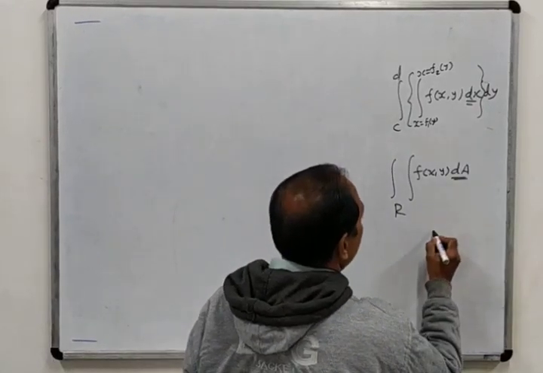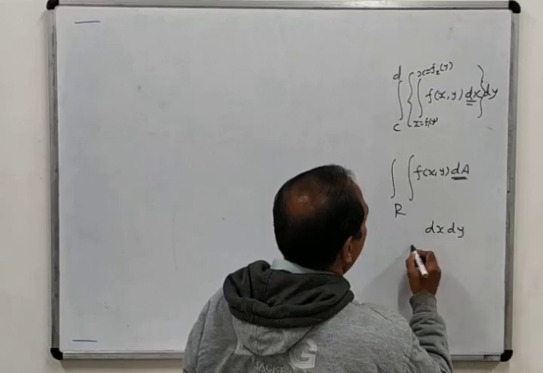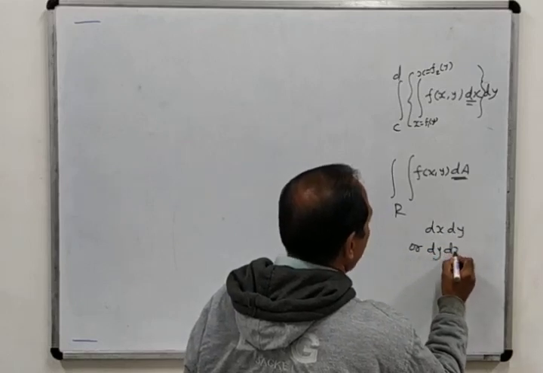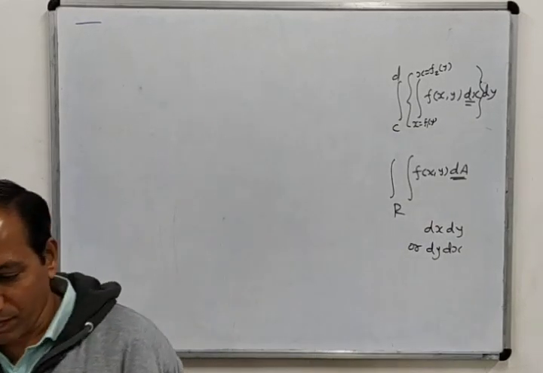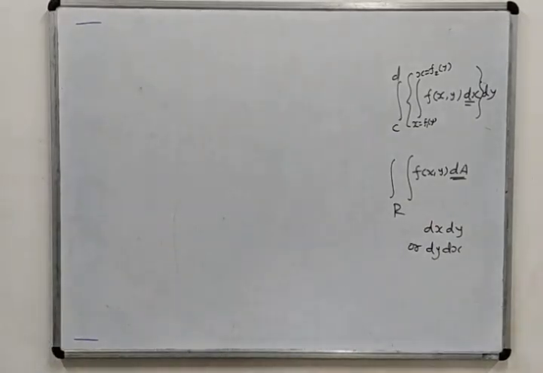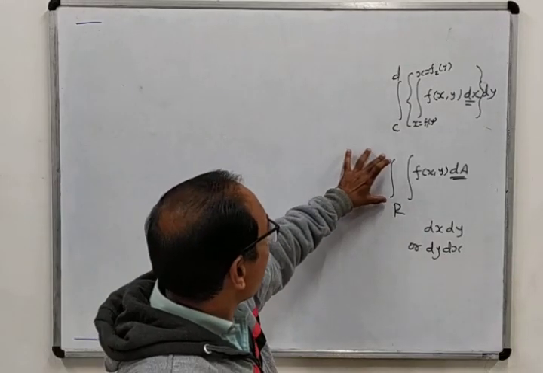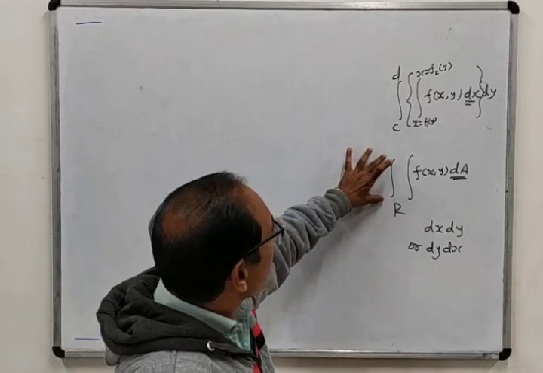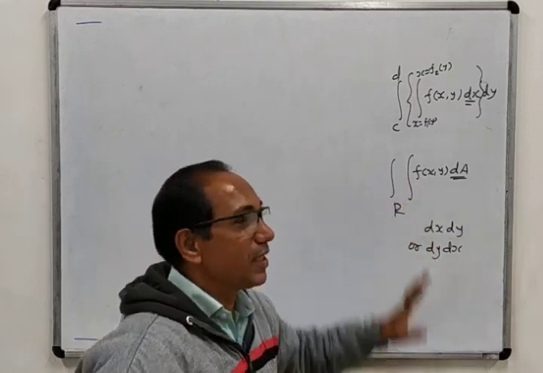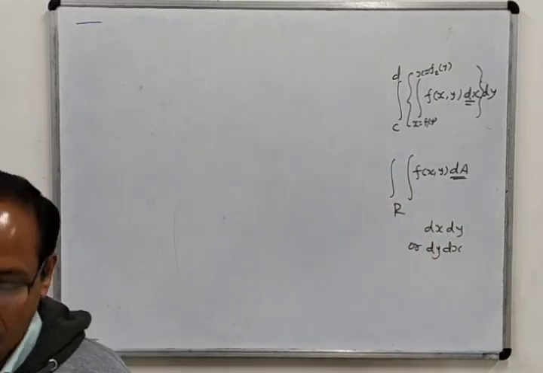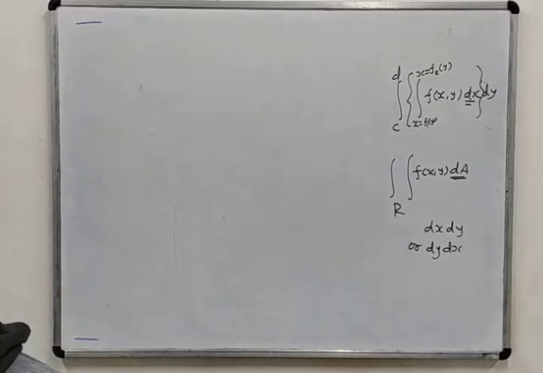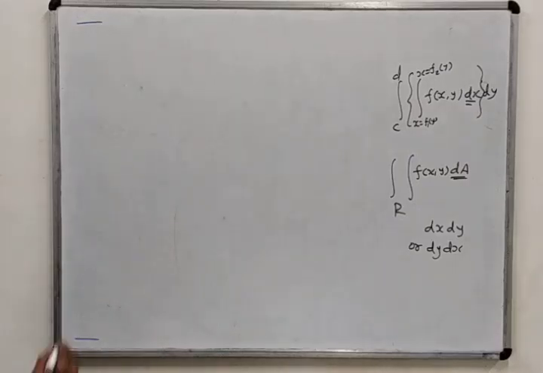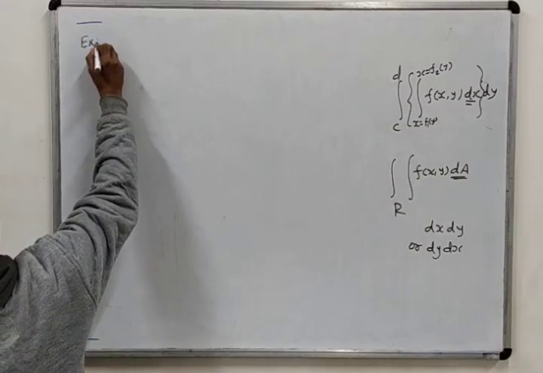And here dA means dx dy or dy dx. It depends upon us with respect to which variable we want to integrate first. Okay, so now let us see more examples based on this. Actually, in this kind of example, the major thinking is to determine the limits. Once we determine the limits, then all the problems have the same concept. That means we need to integrate the double integral. So let us see one example.